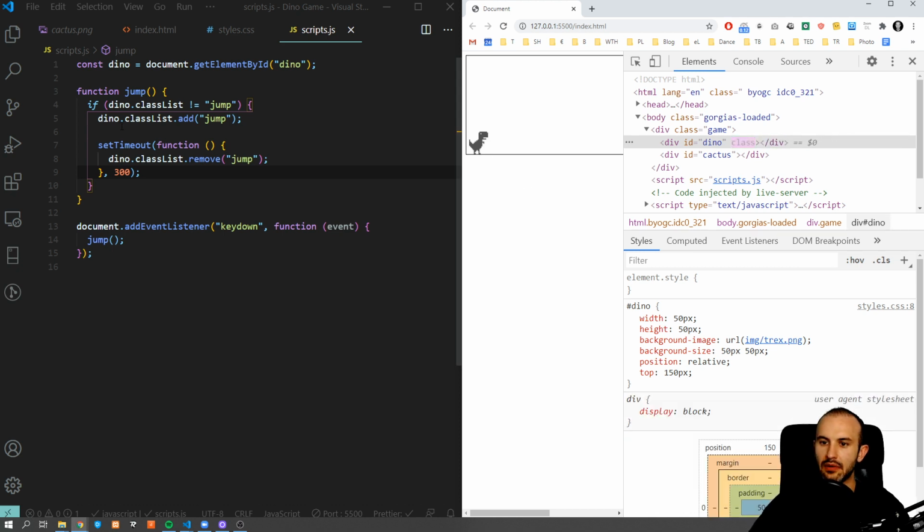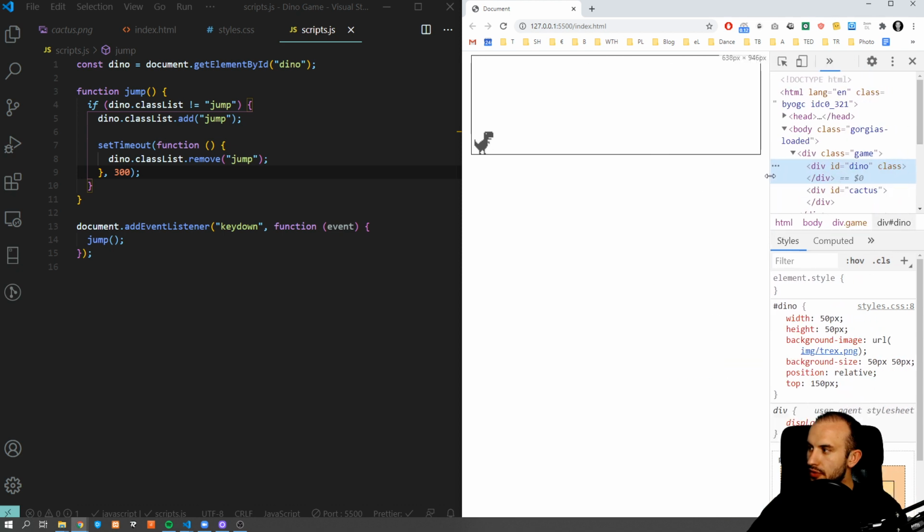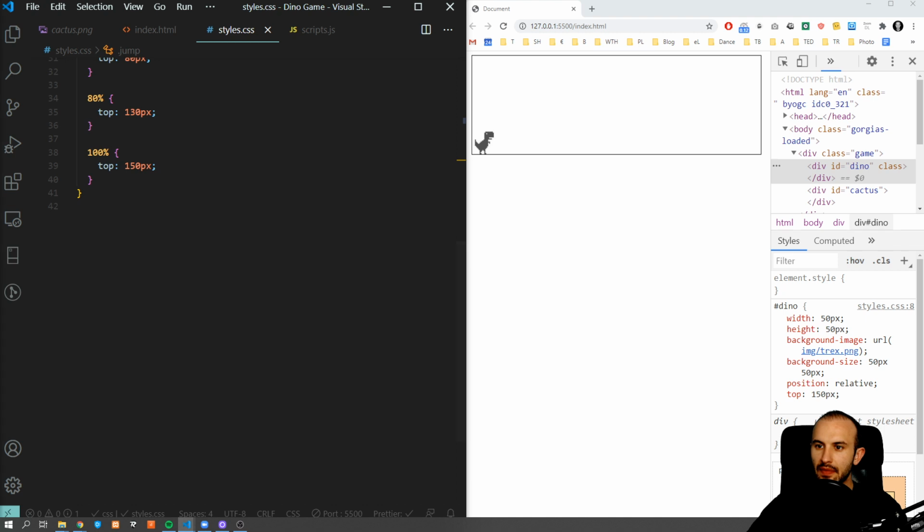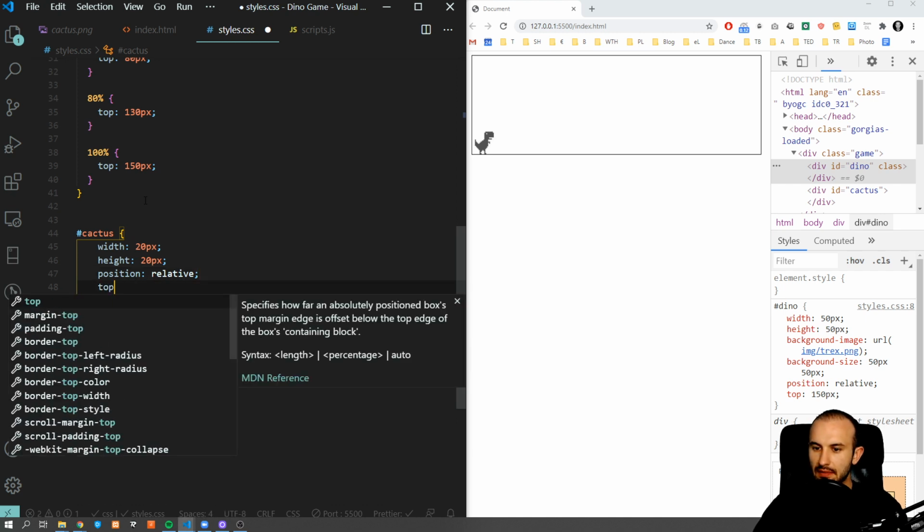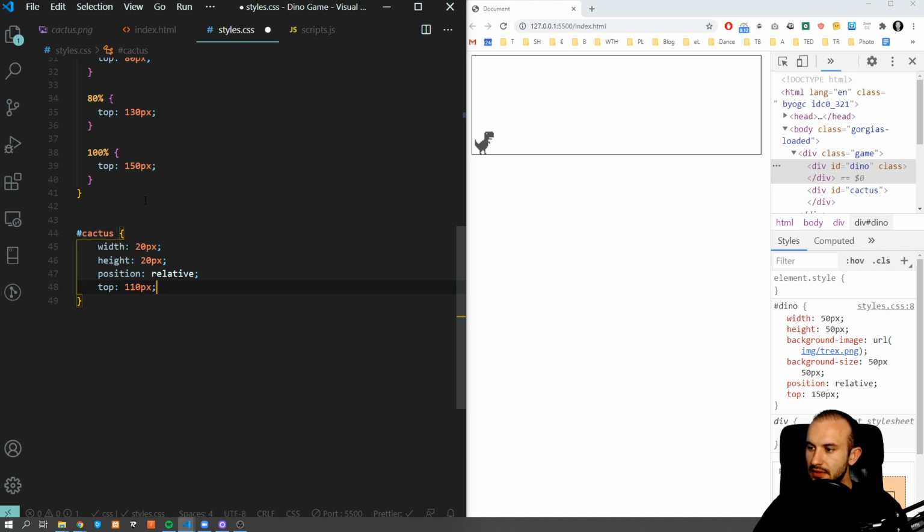Okay, so we have this jump animation now. So now let's move to our obstacle, so to our cactus, which we also want to animate. So let's get back to styles and let's create this cactus object. So we have this cactus div, give it some width, some height. Now again, we're gonna use position relative and we want to move it from the top something like, let's say, 110 pixels. From the left we want to push it 580 pixels, 580 because the entire width is 600, cactus is 20 pixels, it has a height of 20 pixels, so we want it to start at 580 somewhere here,